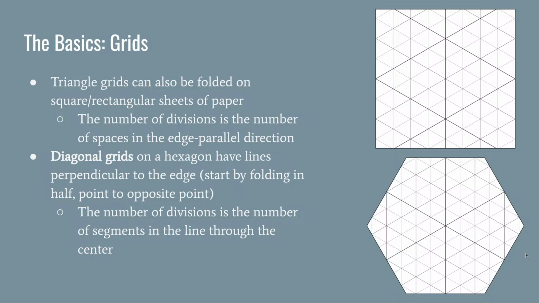And then there's diagonal grids on hexagons where the line through the center hits the center of the edge instead of the corner. And those are counted by, again, we want a whole number. If we count from the corner, we don't get a whole number. That's part of a division, but a whole number would be along this line through the center